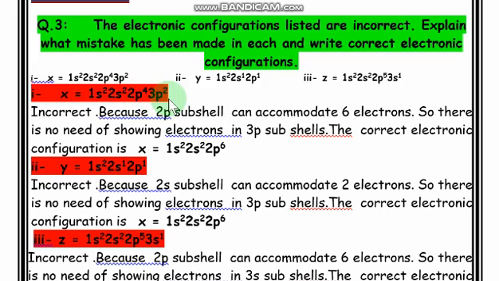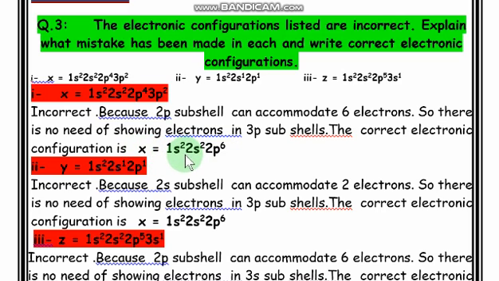So here we came to know the electronic configuration of element X is wrong, so we answer incorrect. We have to correct it as well. How will we correct that? We have to fill this p subshell first, then go to the next subshell. After 2p comes 3s, and 3s is not written here. That is one mistake. The second mistake is that the p subshell is incomplete, so we complete it and write the correct option.